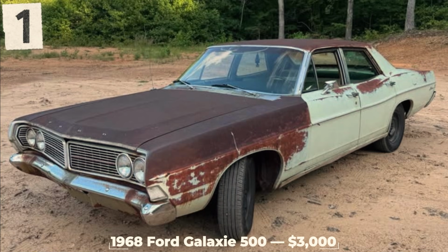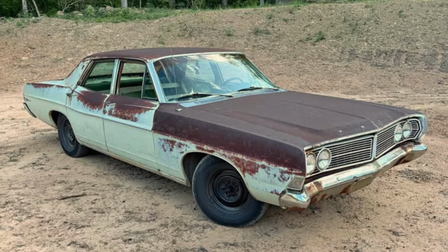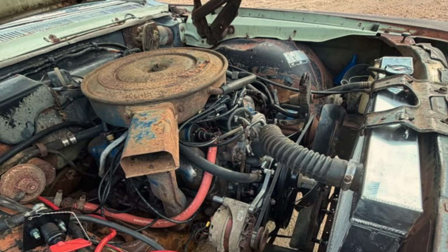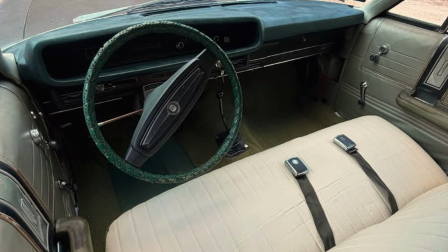Number 1. 1968 Ford Galaxy 500, $3,000, Clinton, Arkansas. Offered for $3,000 in Clinton, Arkansas, this 1968 Ford Galaxy 500 four-door is powered by a 302 V8 backed by a C4 automatic transmission. The seller says the car runs and drives well, making it one of the more complete